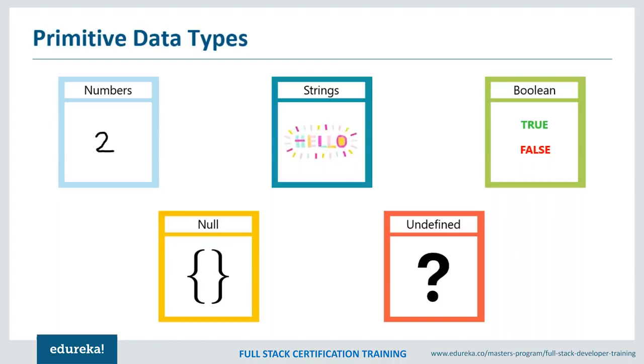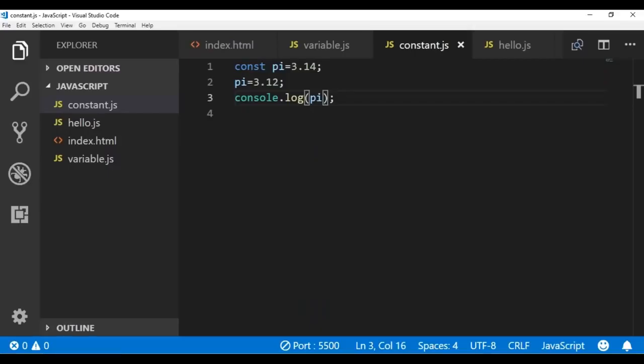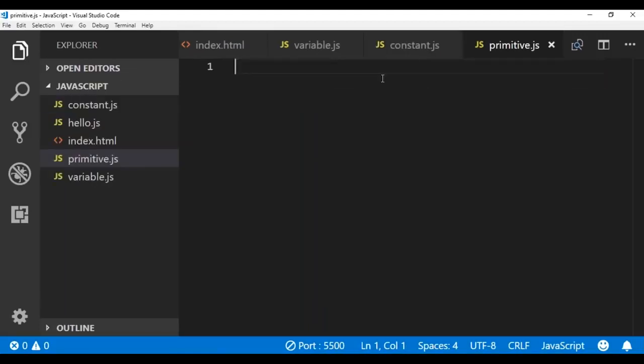So now let's look at these primitive data types from Visual Studio Code. I'm going to create a new file again, give it any name you like. For this, you'll have to define a variable. To define a variable, you use the let keyword. This is the name of my variable. In this, I'm going to store the value Harry Potter, terminated with a semicolon.